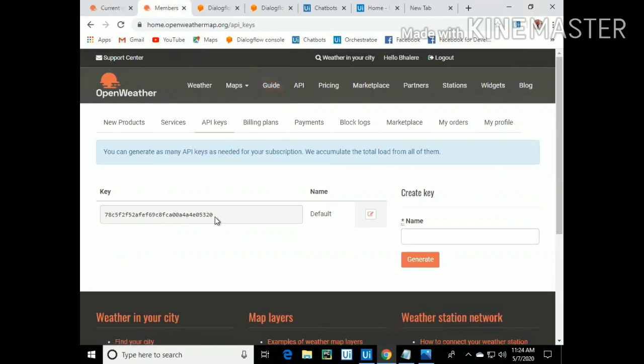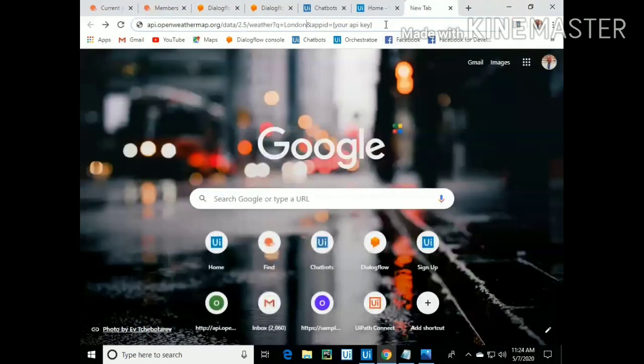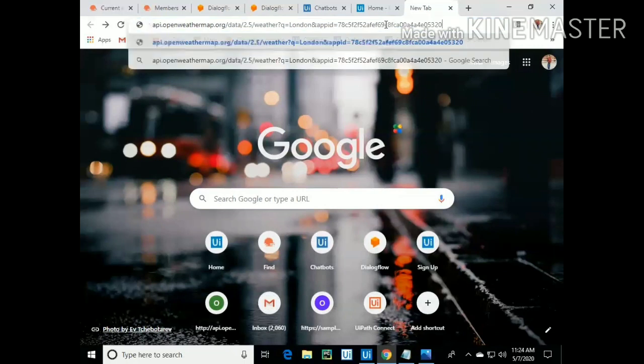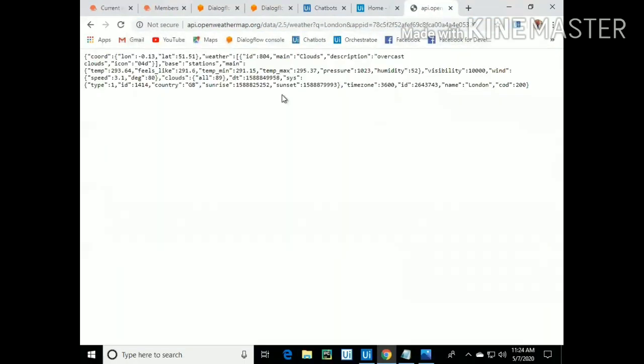So let's copy and paste. Now we have checked our request URL is working fine and giving the response in JSON format. The same we have to invoke in our UiPath Studio.